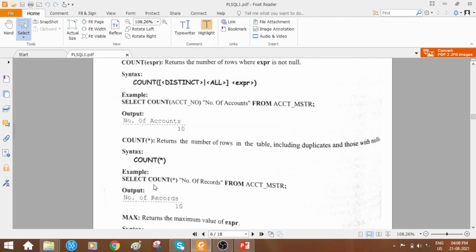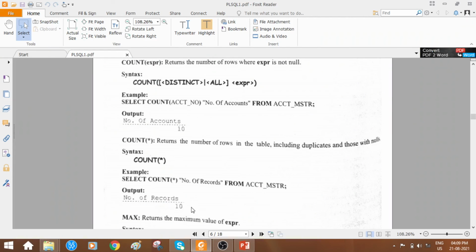So select count star number of records from account master. Here number of records is the column name we have given for our convenience. Select count asterisk symbol from account master. From the account master table, count all the rows of all the attributes.